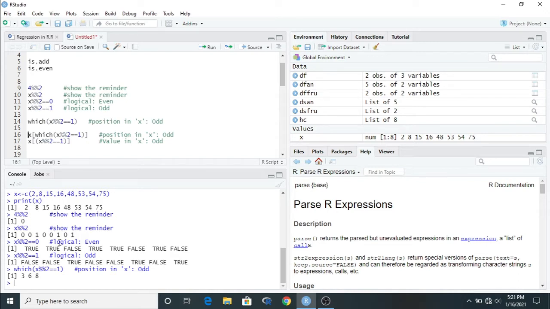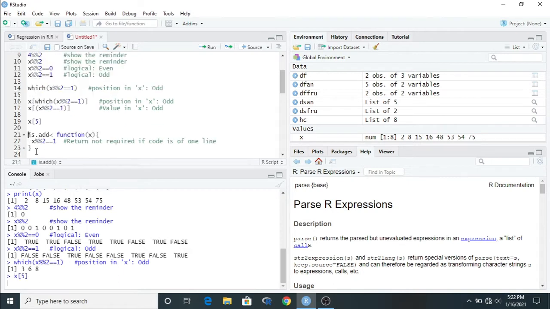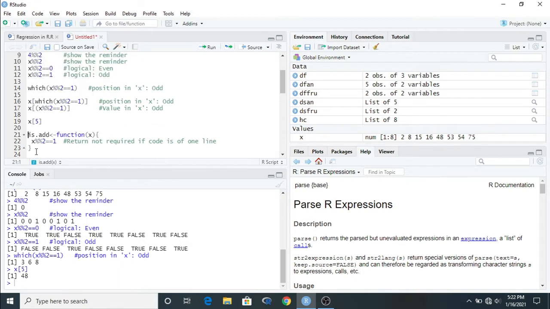So when we identify the third, sixth and eighth items of x, we can run this x. We also know that if we want to extract any value from x, then we have to put square brackets and put the position here. For the fifth position, the value is 48.